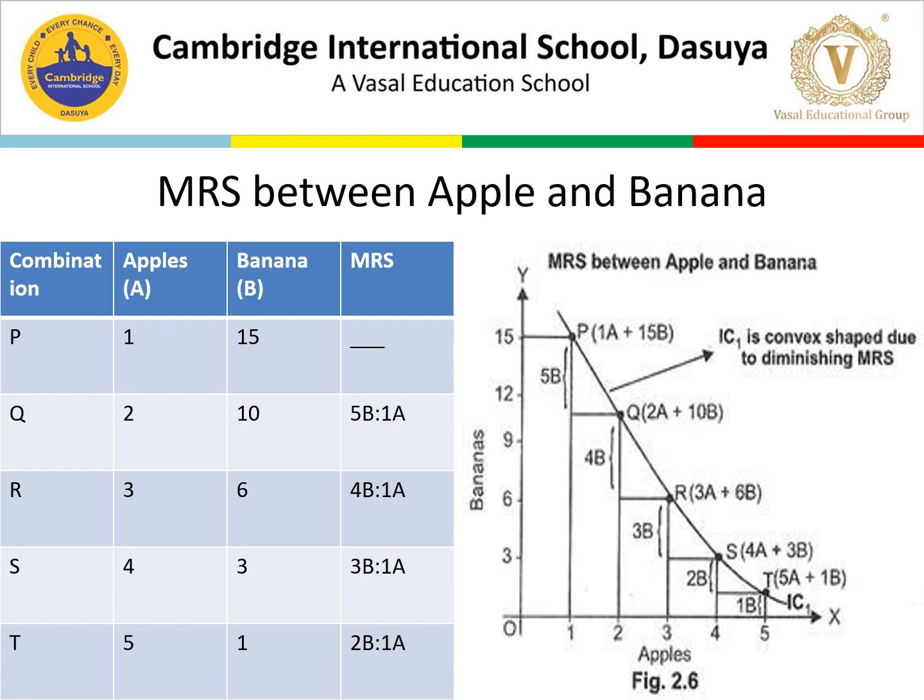So here is the graph which is representing the IC curve with different combinations of goods, and the MRS between apple and banana, shown with the different combinations that we have already discussed in the marginal rate of substitution schedule. We can discuss in detail all the points which we have mentioned in the substitution schedule. We have got the same points here. Now, let's move on to the next thing.